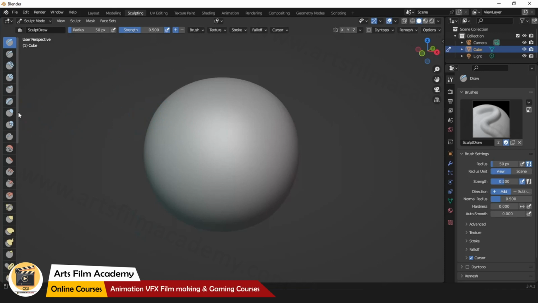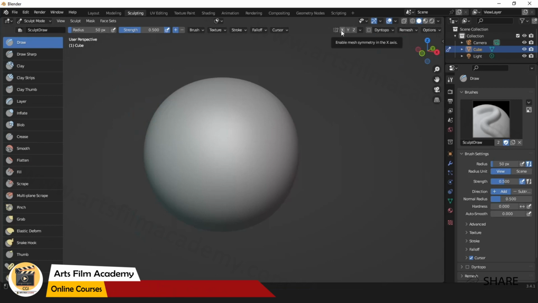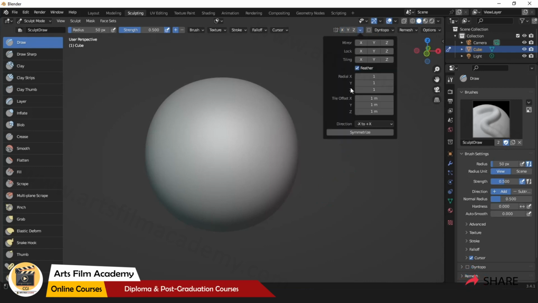Another tool which is very helpful is the radial. You can see here X. I'll switch on the X and we'll get only a mirror, kind of symmetrical, we can do, right? But I need more, like a radial design. So at that time you can go here inside this and you can see there is